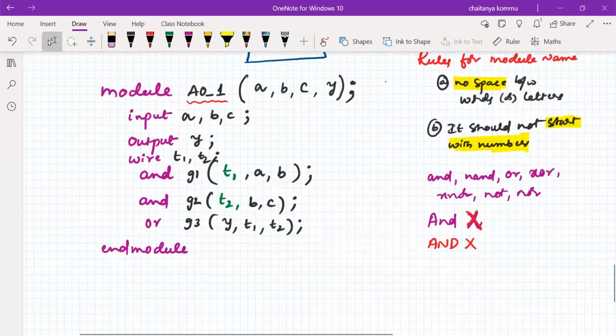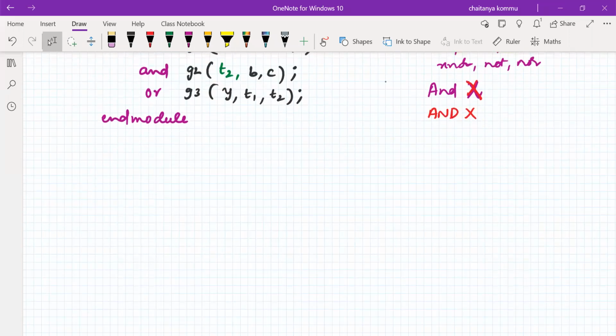Now, what have we done here so far? We have a source code, an HDL code, with me. This is called a .v file. It's an HDL program in a textual format. The .v stands for a Verilog file.